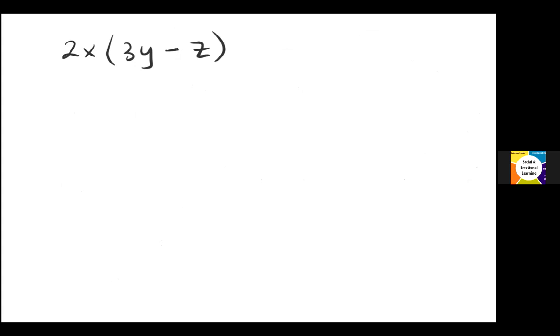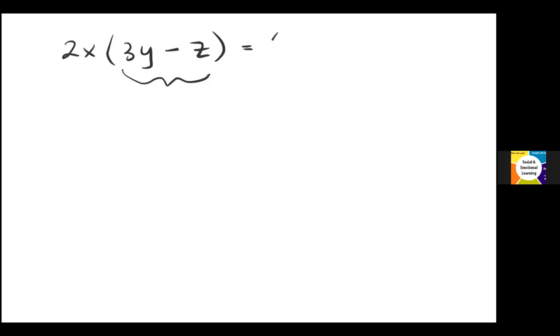They might say, well, how do I simplify something like this? I can't just add 3y plus z minus z together. I can't do that subtraction because z and y, they're not like terms. It's not the same variables. It's like saying I've got 3 bananas and I want to take away an apple. You can't take away an apple from 3 bananas. They're different things. So the way that we would simplify this with the distributive property would be to say, well,